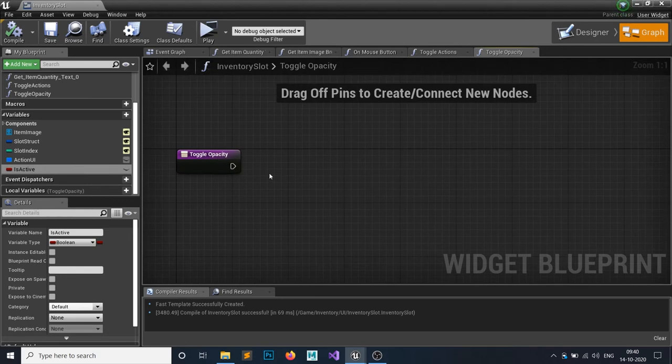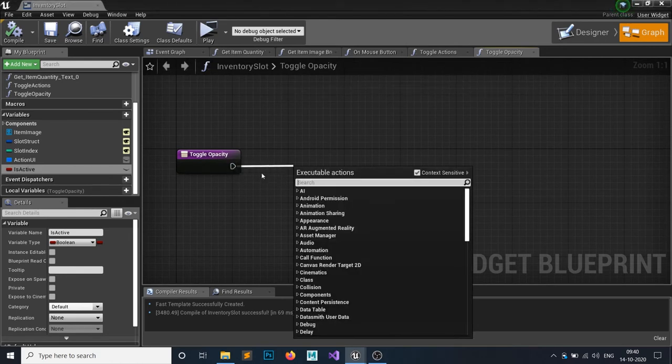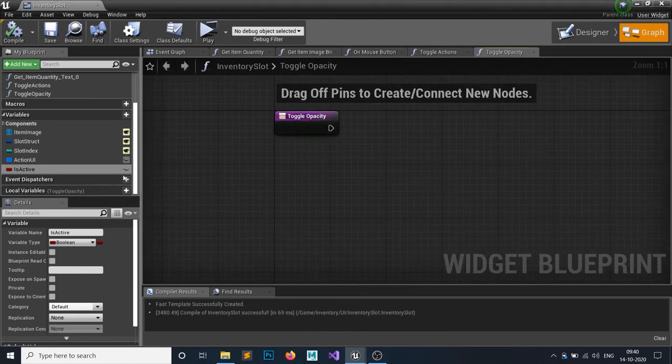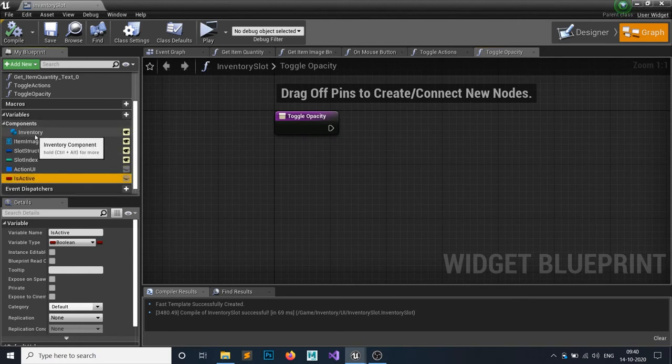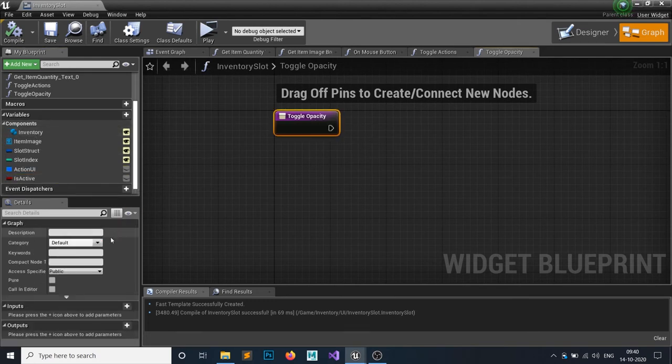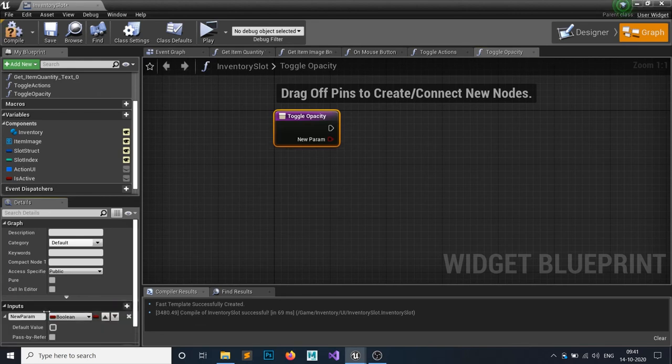So first, on the toggle opacity, we want a boolean. Click on this function and get opacity on.